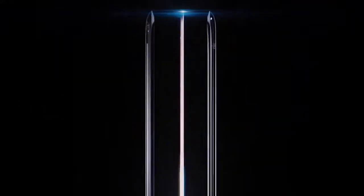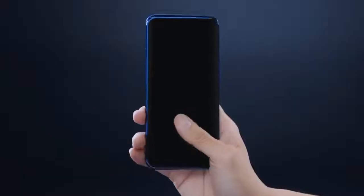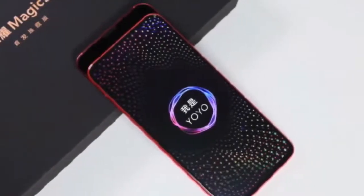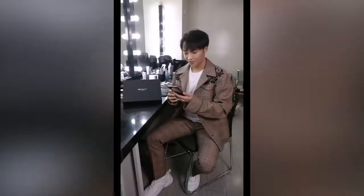The Honor Magic was a design triumph at the time, and the Honor Magic 2 also promises to look spectacular. However, the space age all-screen display with a pop-up camera means it closely resembles the Oppo Find X. Like the Find X, the Honor Magic 2 will also have a front-facing camera that pops up from the frame. Sliding camera mechanisms have been gaining popularity among Chinese phones like Oppo's Find X and Vivo's Nex. Instead of having the camera pop up automatically though, Honor's Magic Slide mechanism is manual, and the company is clearly trying